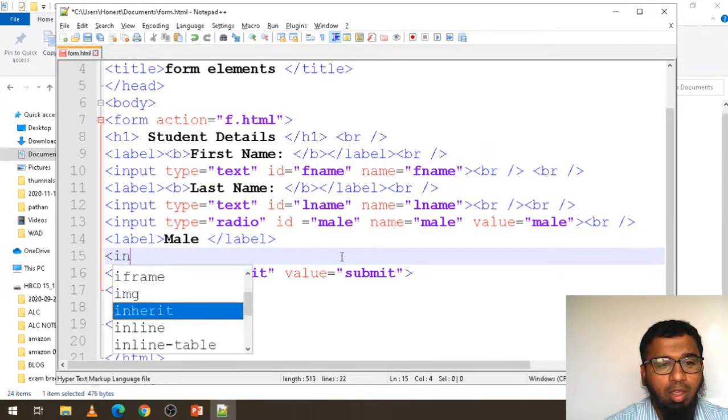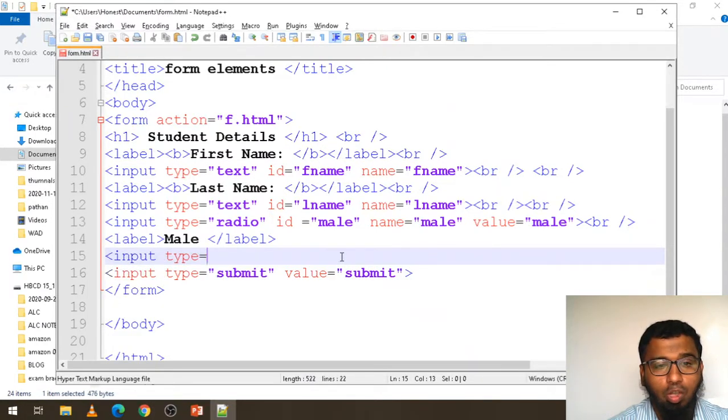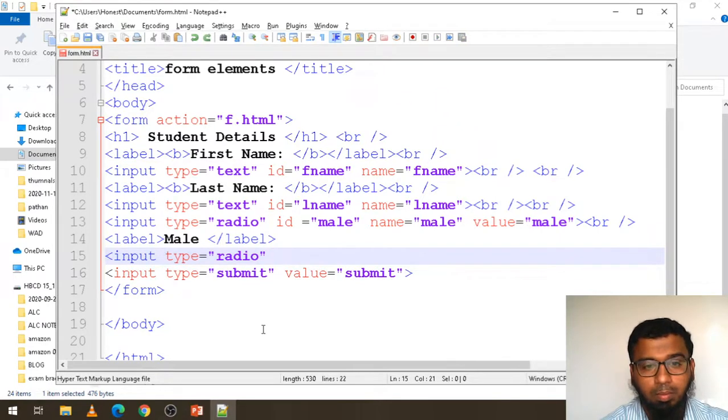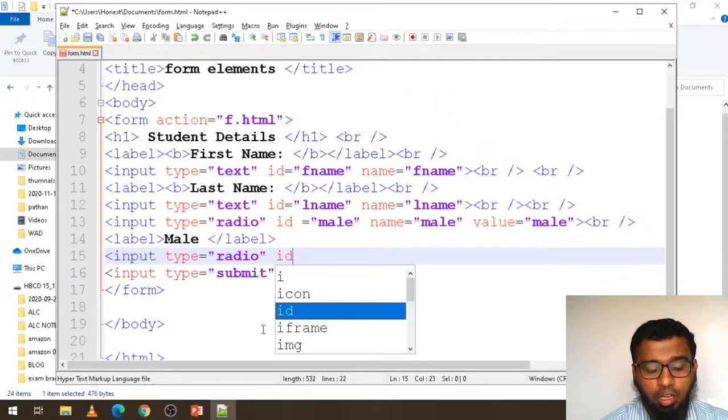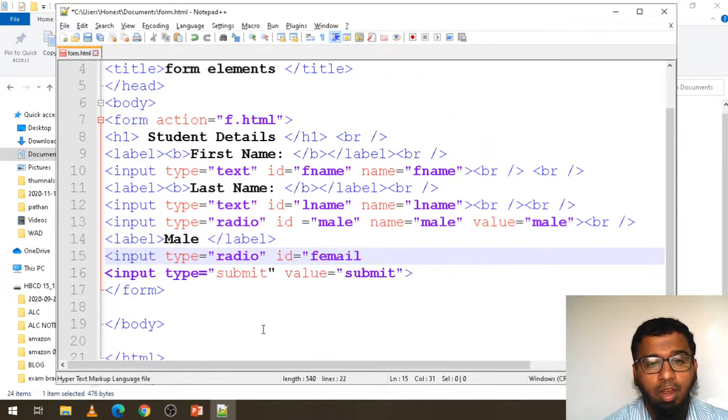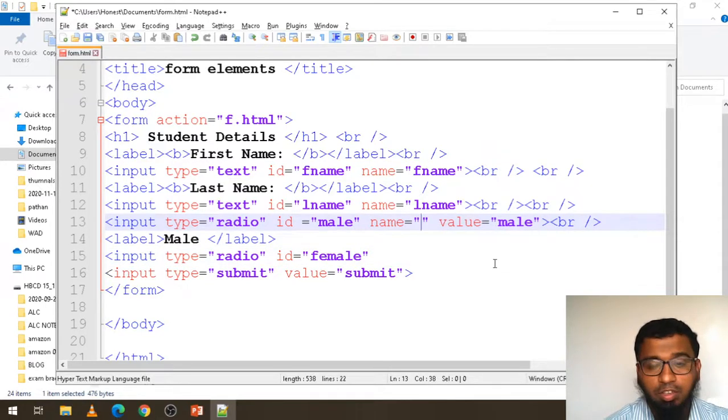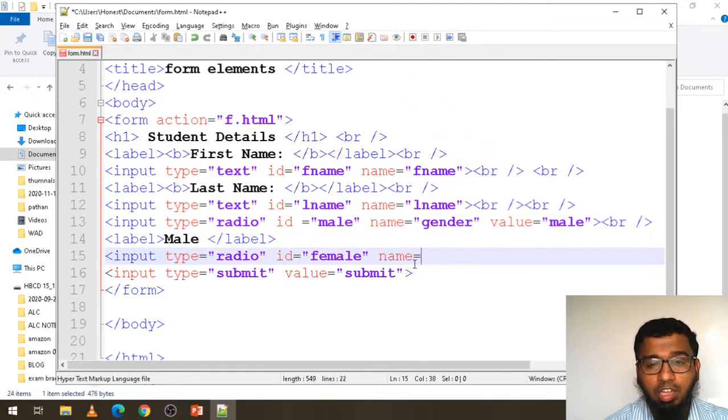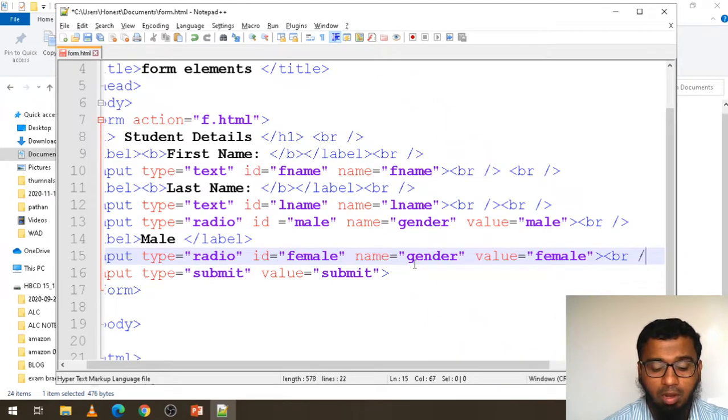Next, input type is equals to, okay, radio, so here ID is equals to female, name here we need to give gender, okay, and here name is equals to gender and value is equals to female, okay. Same thing, BR slash.